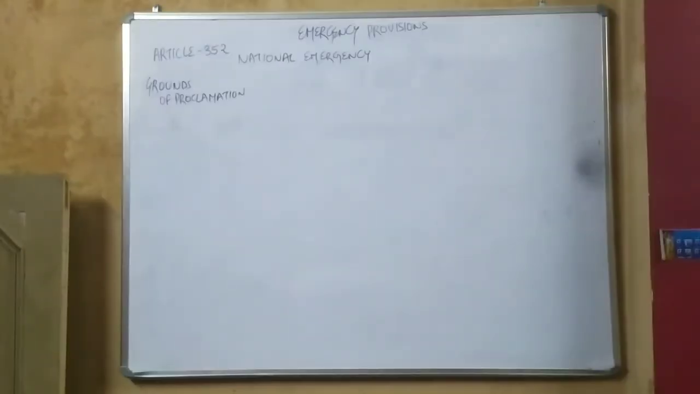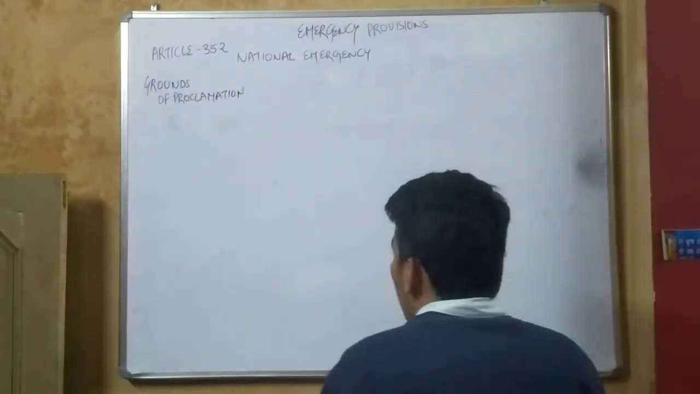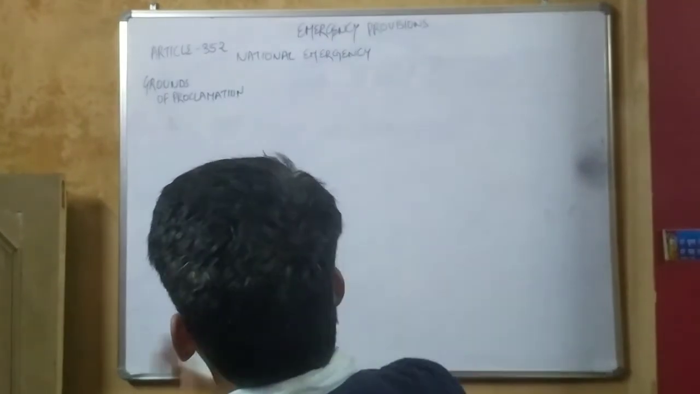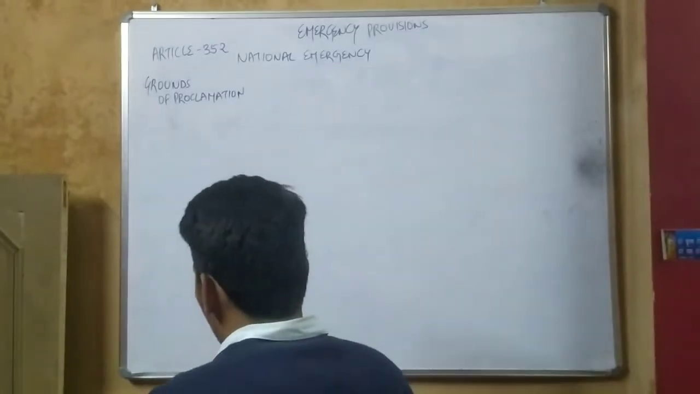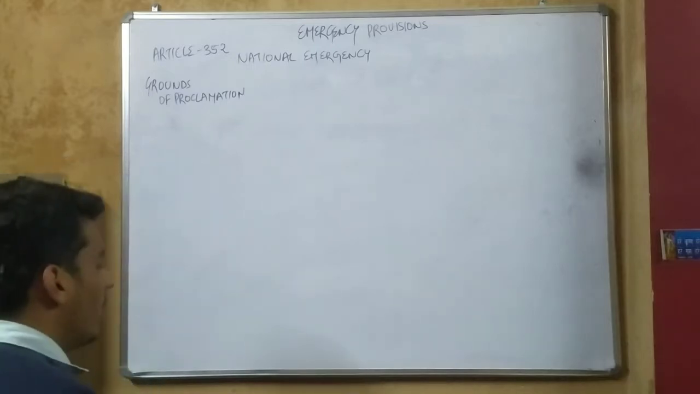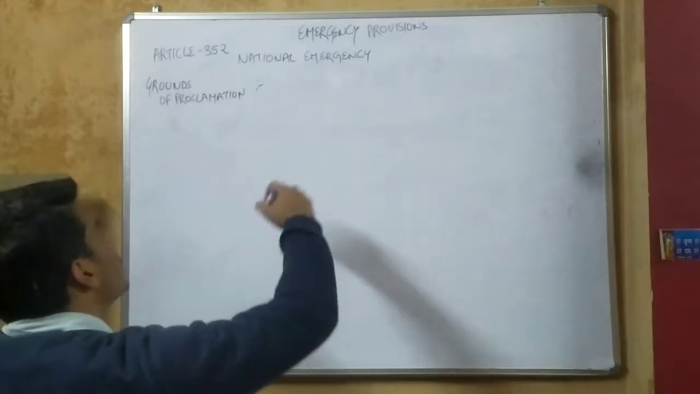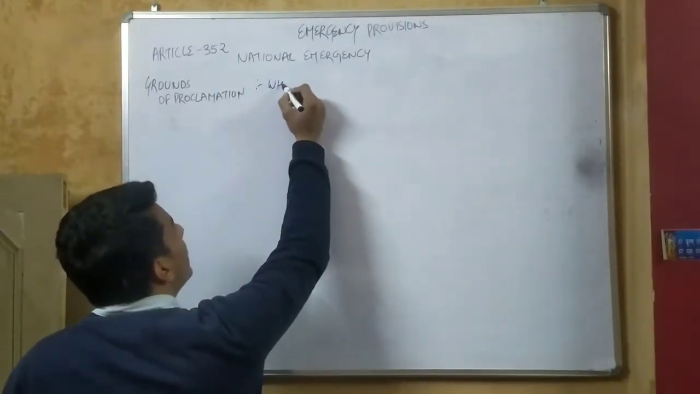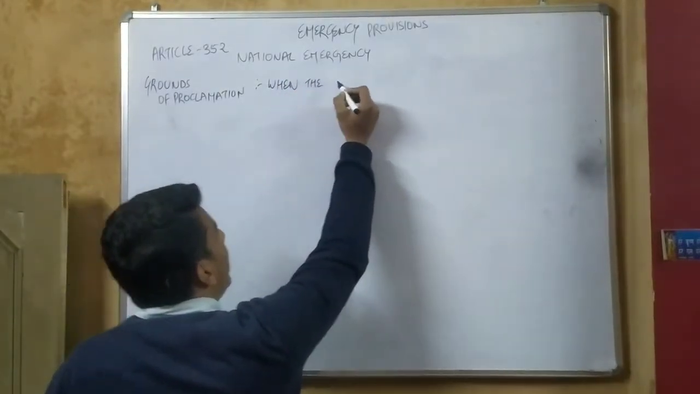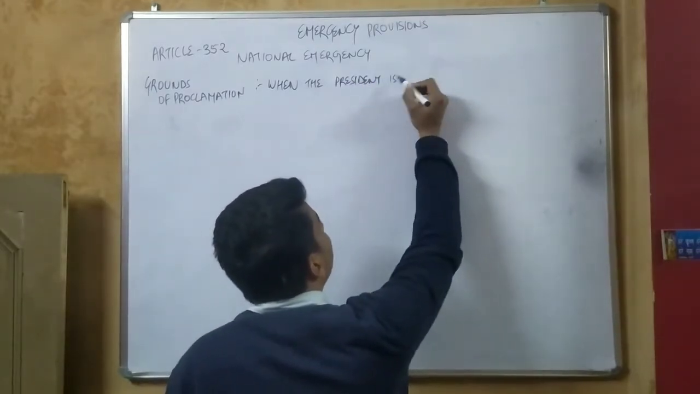See, if you want to impose the national emergency under Article 352, you have to satisfy a person, and the person is the President of India. And how will he be satisfied? The grounds of proclamation is when the President is satisfied